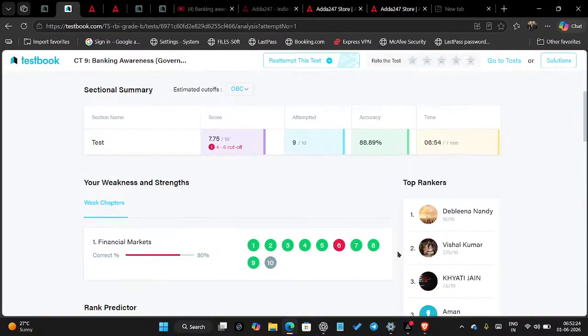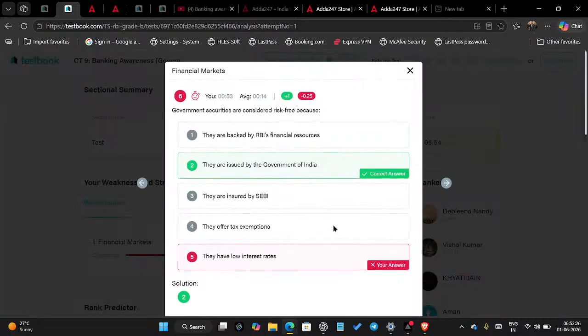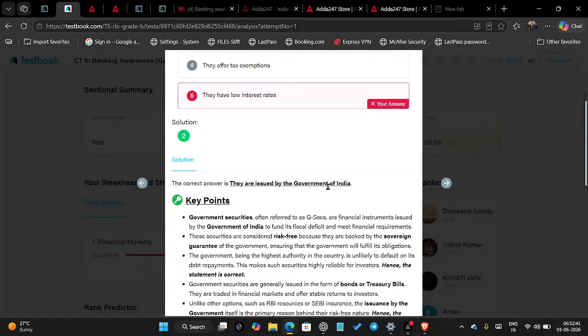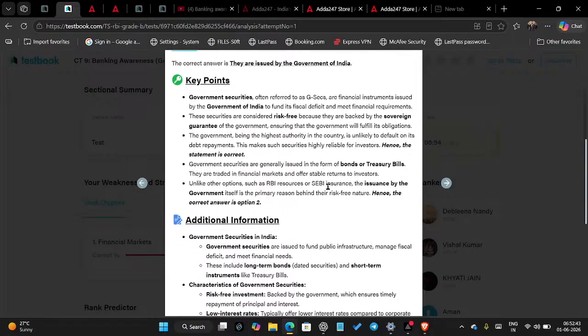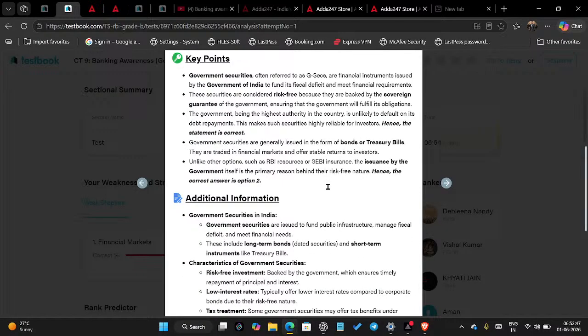So in the sixth question, we marked the wrong answer. Firstly, I had marked correct, but by mistake we changed the option. But no problem, let's see the description and know the knowledge behind this question. Government security often referred to as